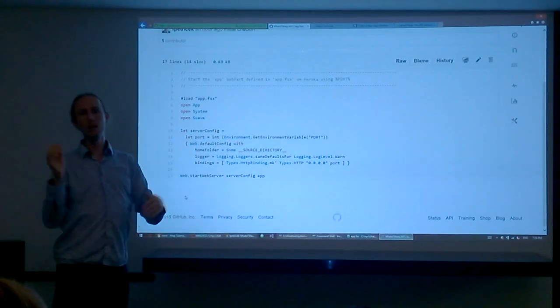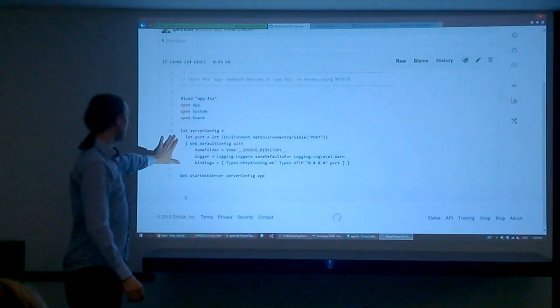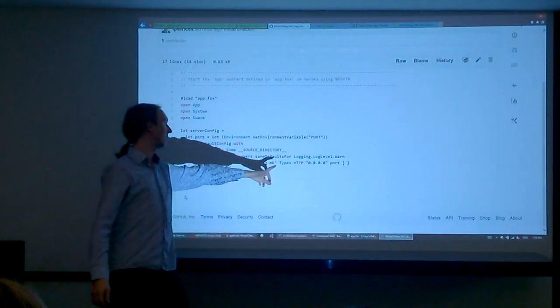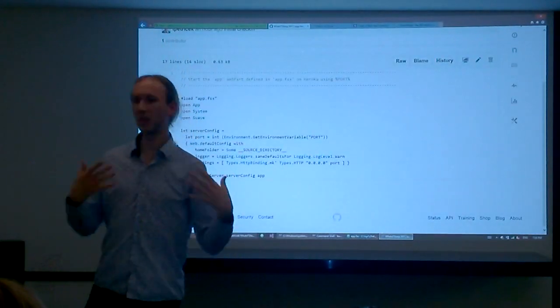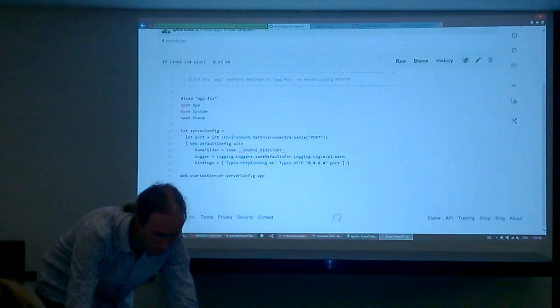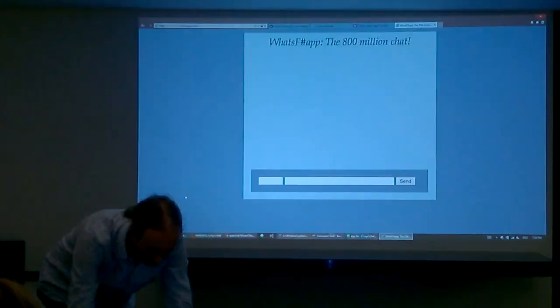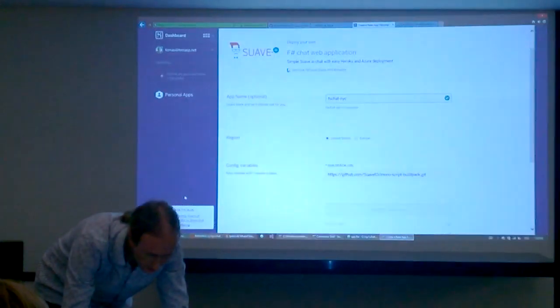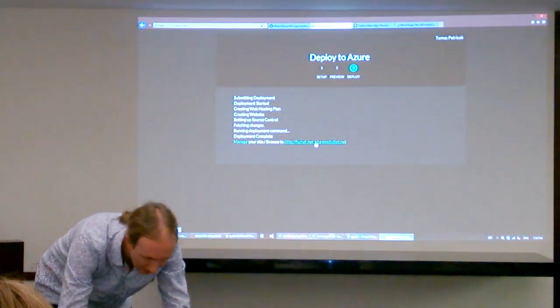So Heroku will tell you, listen on this port, and we start the web server on this port and bind to 0.0.0.0, which is basically following Heroku documentation. And here's my Heroku deployment. Now, in Azure,